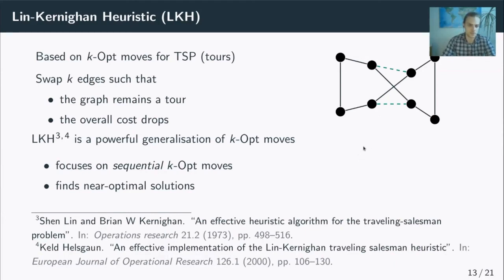Now LKH is a powerful generalization of those k-opt moves. It focuses on so-called sequential k-opt moves, which are moves which can be decomposed into sequentially performed 2-opt moves, and in various practical settings it finds near optimal solutions or even optimal solutions. And this is the reason why we thought it might be a good idea to adapt it to